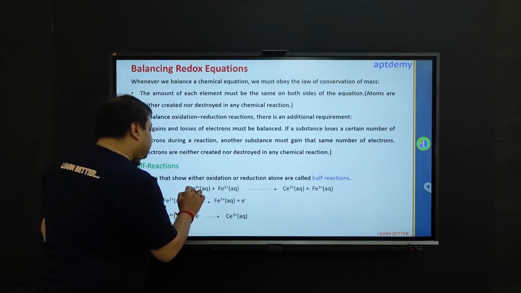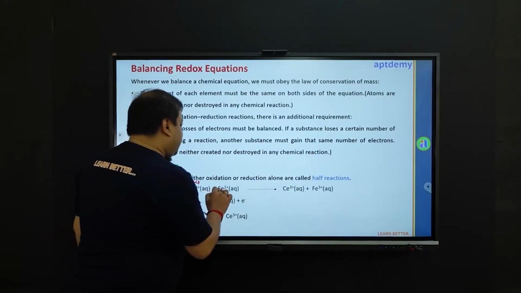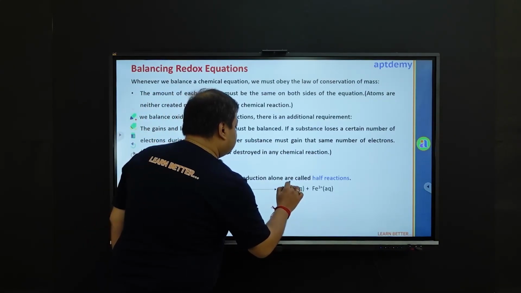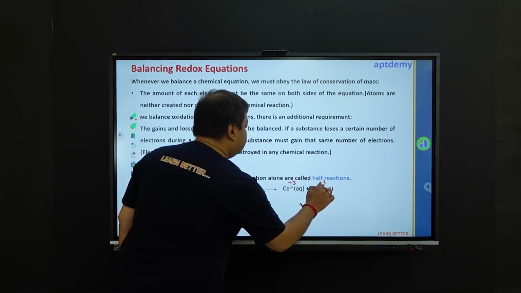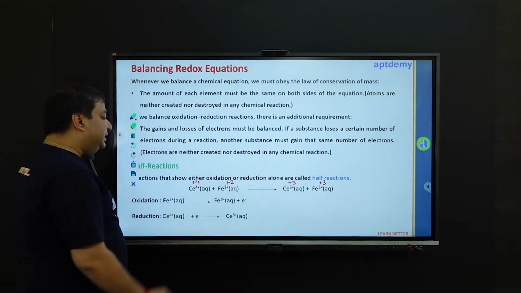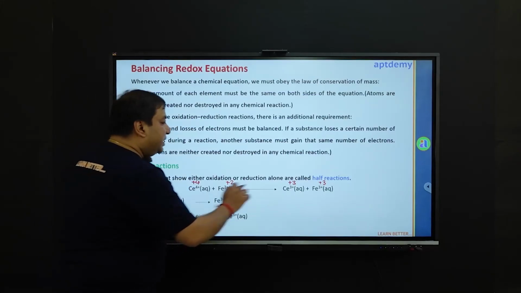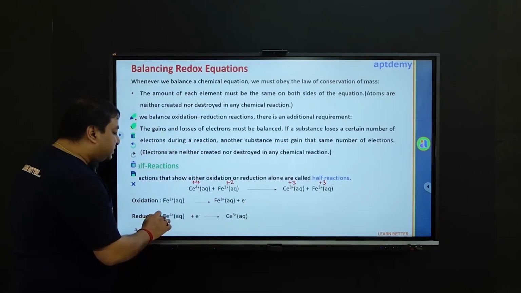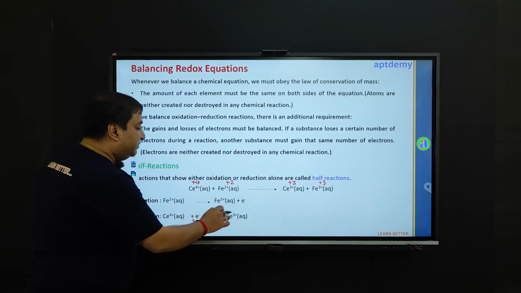So over here, Ce4+ means the oxidation state is +4. Fe2+ means oxidation state is +2. Ce3+ means oxidation state is +3. And Fe3+ means oxidation state is +3. So we can see easily that ceric is undergoing reduction, rather 1 electron reduction. So that is why we will say reduction: Ce4+ plus 1 electron, giving you